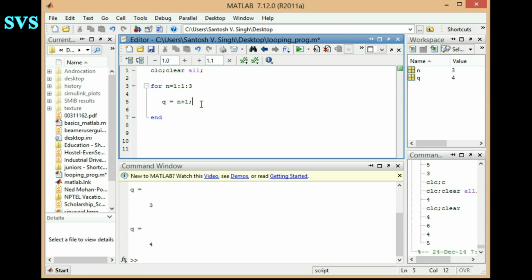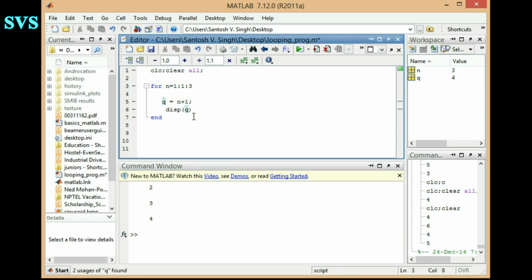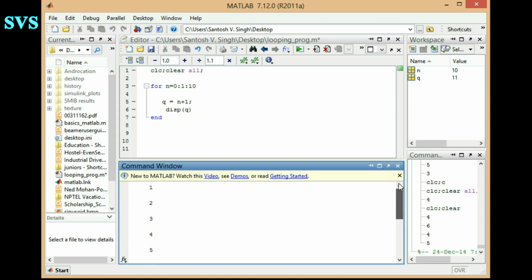Like every time n is incremented by default, it will go on adding onto q, and we can display the same syntax, let's say q. So it will display every time the for loop executes, every time the syntax is executed. So q is displayed, and it forms an array-like structure, but it's actually not an array. So let's try changing the range of that loop. So we can count the number. It's that simple.